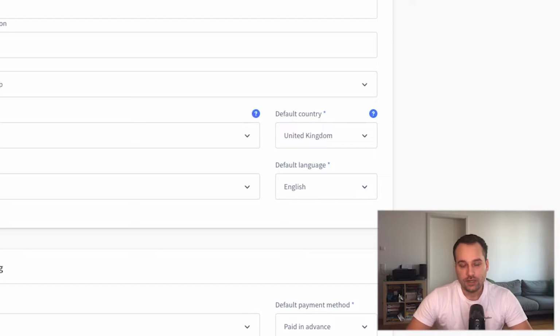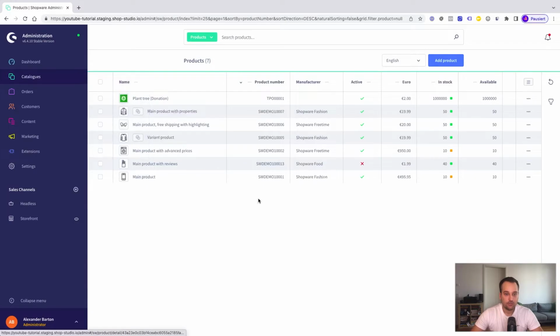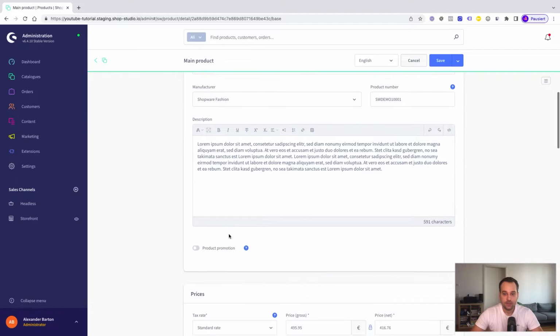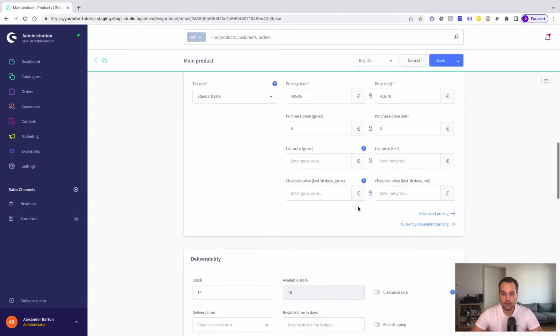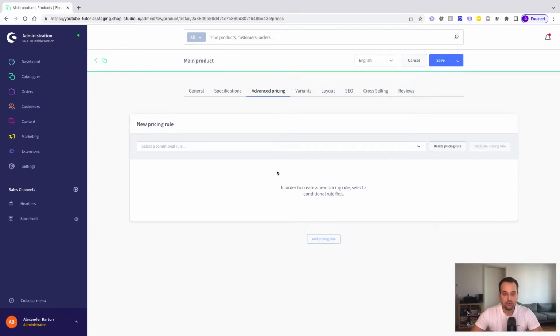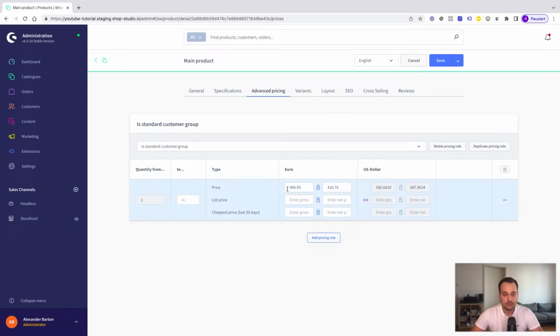Another cool thing about customer groups is to change the prices of a product based on the customer group. For example, we have our main product here. We click on this. And of course, we can see our prices, gross, net. And if you go to the advanced pricing, we can set a new rule. In our case, it could be like is standard customer group. If this is the case, it has the regular price. We click on save